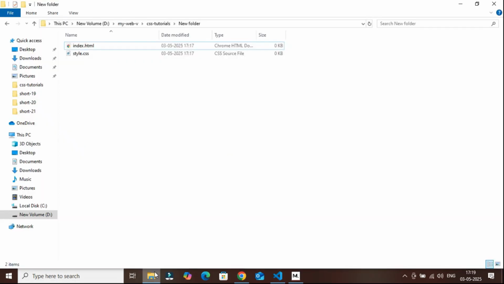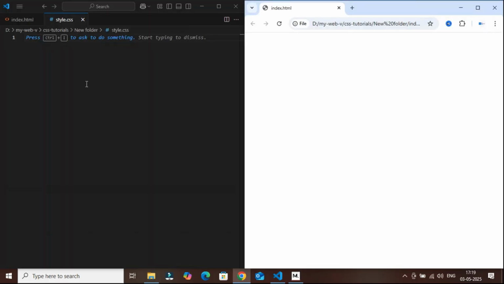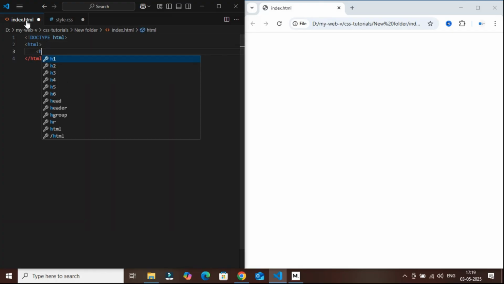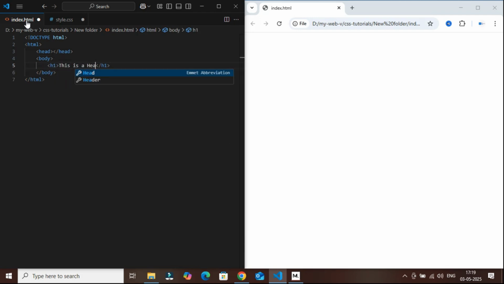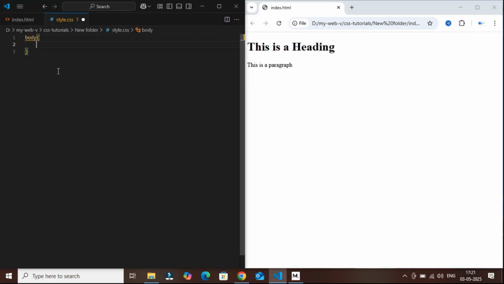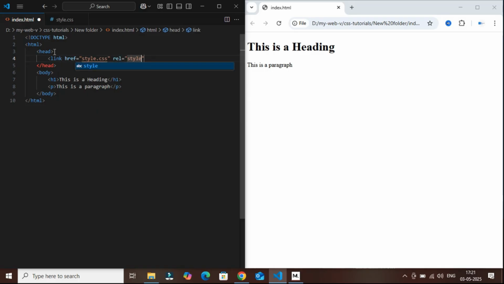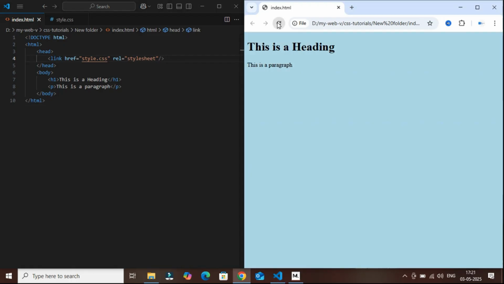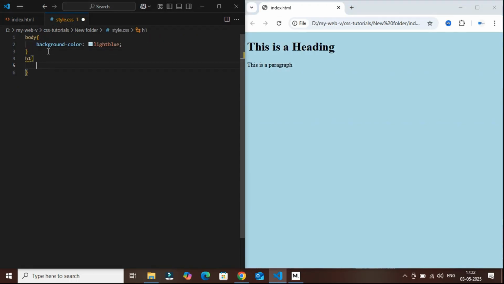Now let's try an example with external style sheet. For this, first create a simple HTML file and in the same folder, create CSS file. Now write all the basic HTML tags in your index file. Inside body tag, write a simple heading and paragraph tag. Now, write your CSS properties in CSS file. First, apply the background color to the body tag and link this CSS file in your HTML page. The CSS file should be placed inside the head section by using the link tag, as you can see in the video. After linking, you can see the web page with some background color.